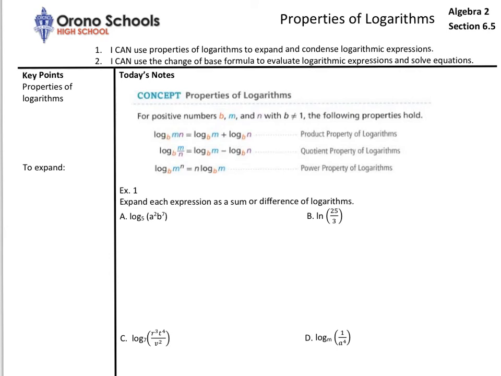The second half of Topic 6 continues with logarithms. We're going to look at properties of logarithms and utilize them as a method for solving. As we look at properties of logarithms, we're going to start with three of them: the product, quotient, and power